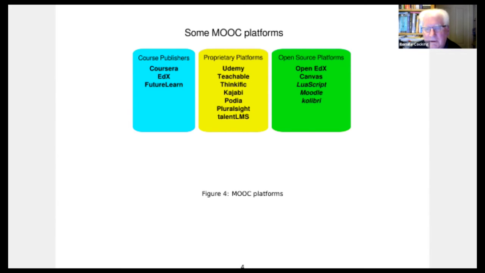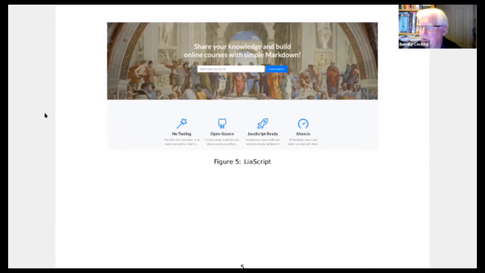So I've ended up really looking at 3 platforms, all of which will run on the Pi. One of them is called Lua Script, and it's a really minimalist thing. It's an open source tool, and what it allows you to do is to write the entire course in Markdown. I say the entire course, that's not quite true. If you want to incorporate videos or other resources, then you put links to them fairly obviously. But the structure of the course is defined by a Markdown document. The quizzes are defined in Markdown,